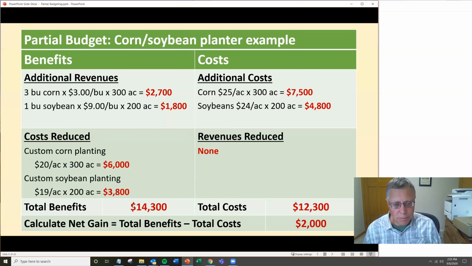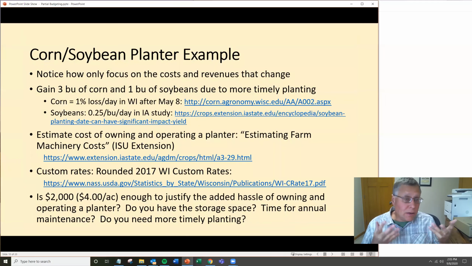So now the total benefits, 14,300 minus the total cost, 12,300, and you get $2,000. That's your net gain here. That's a way to think about this. So that's kind of how you do a partial budget analysis. Come up with the benefits on one side, the costs on the other, and put it together and come up